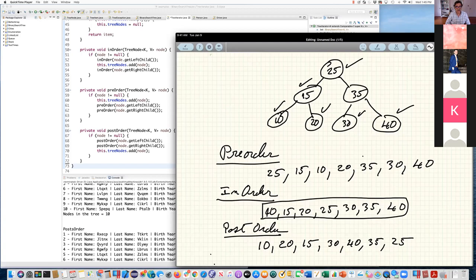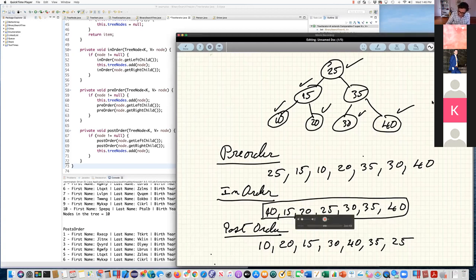How efficient is the sorting mechanism? Well, first you have to account for putting the elements into the tree. Inserting everything into the tree, input, is going to be log n, okay?